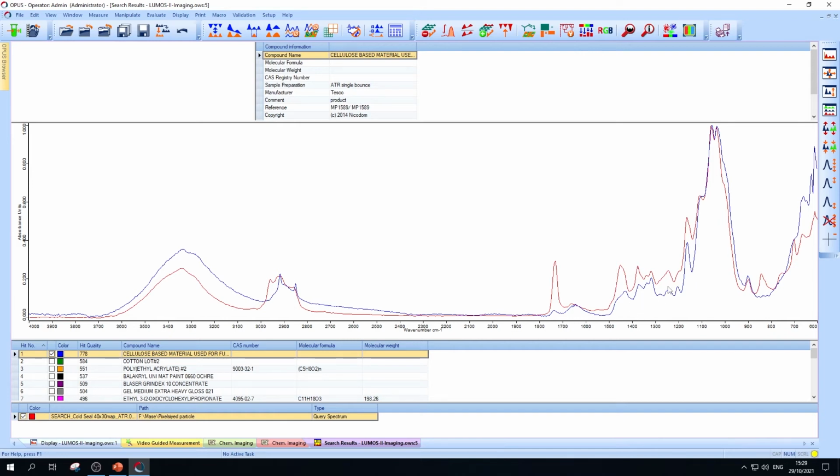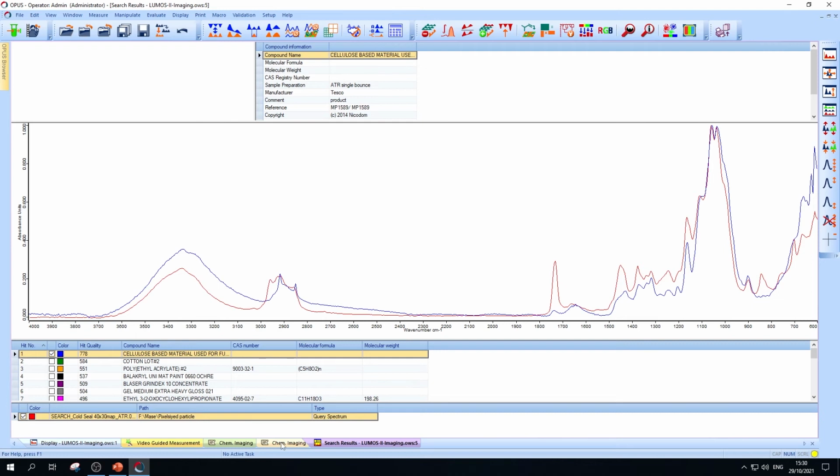Of course, we also see some bands which couldn't be explained by the library spectra, especially here this band between 900 and 800 wave numbers, or here around 1750, but these are remainings of the cold seal.